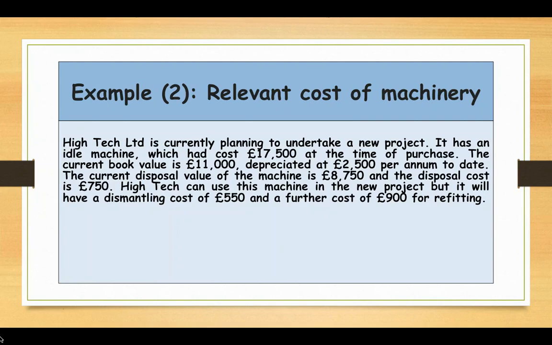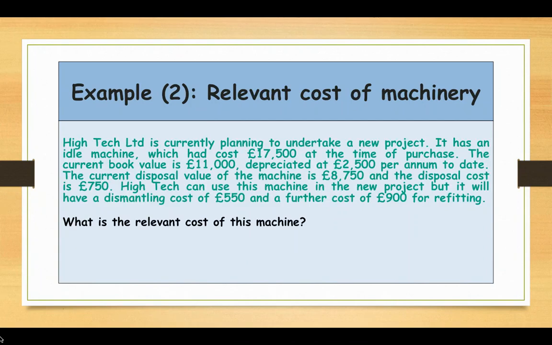So this is again a relevant cost. Okay. So if the company is going to use this machinery in the new contract, the question is, what is the relevant cost of this machine? So we'll see the relevant cash flow. As I have discussed,